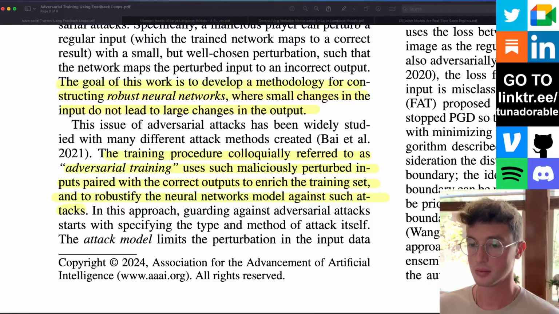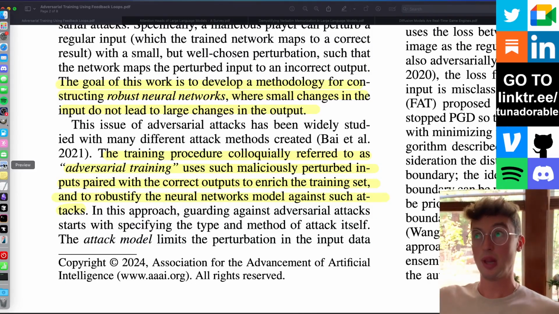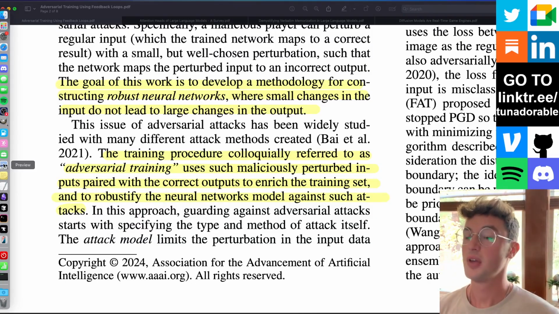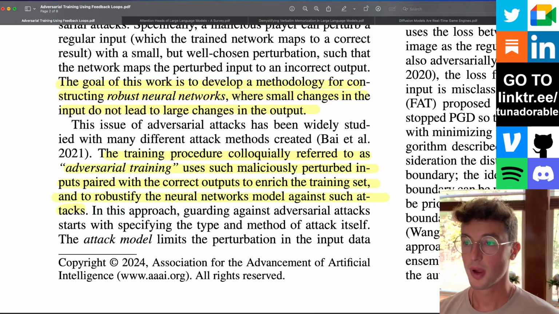Let's get started. So, a bit of preliminary knowledge. I do not believe we have discussed this on my channel before, but there is a phenomenon called an adversarial example, where basically a very small change in the input, the actual initial vector in the model, could lead to large changes in the output.